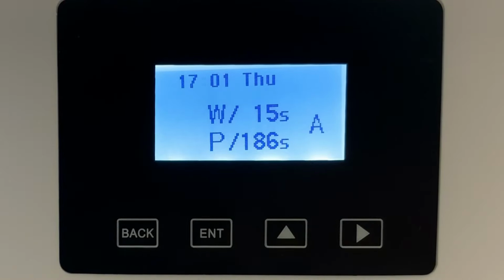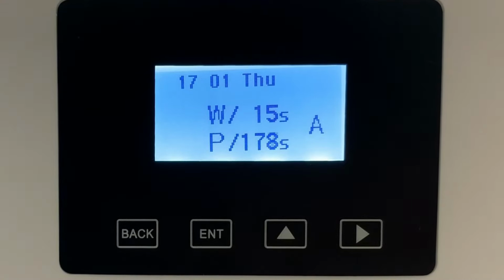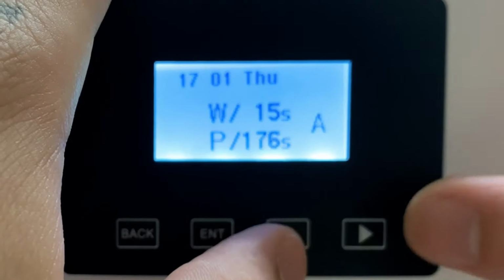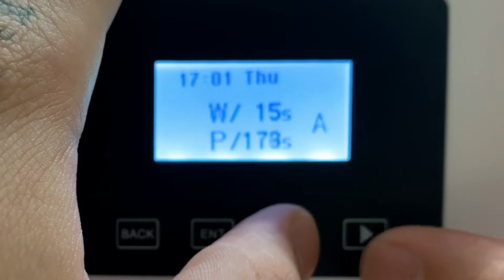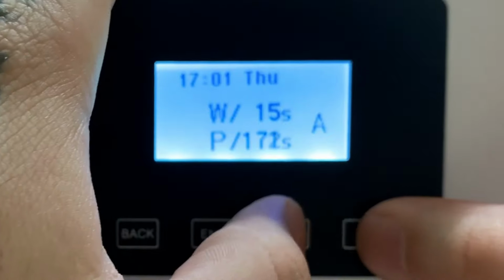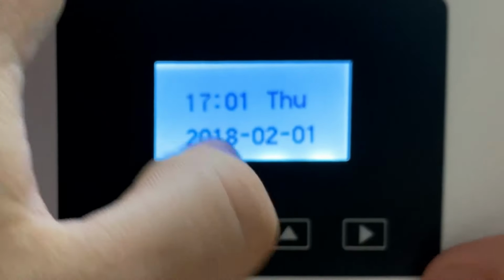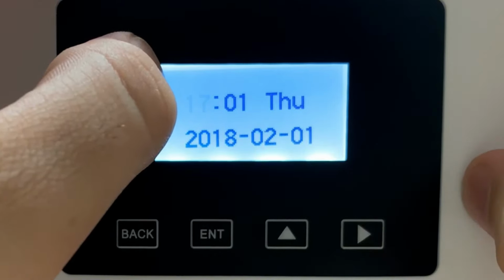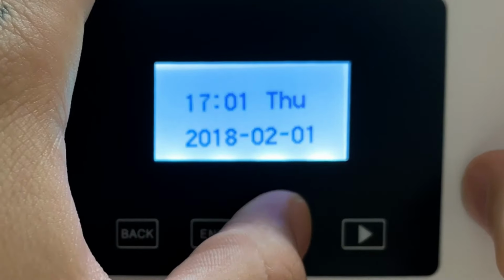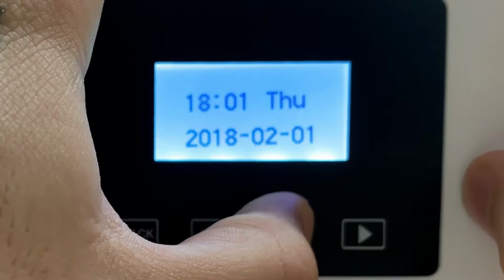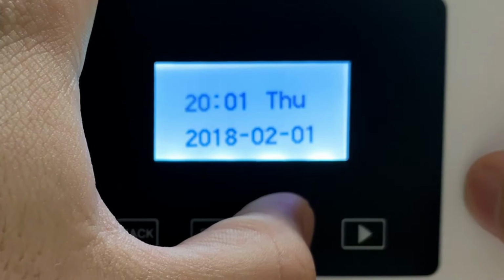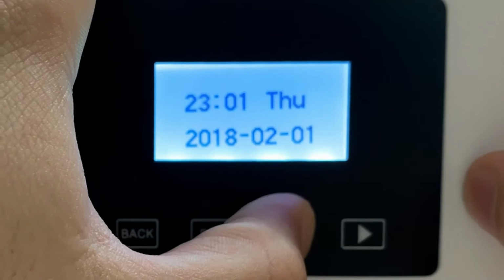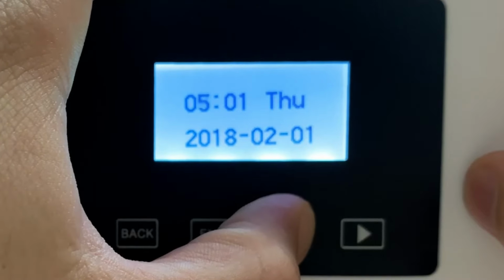Now we're going to show you how to program the current time and date. What you want to do is simply click both the up and right arrow at the same time. Here we're going to see it starts off with the current time. Right now, it's 11 a.m. So with the up arrow, we can change this around. You'll notice that it's military time. Go around until we get it